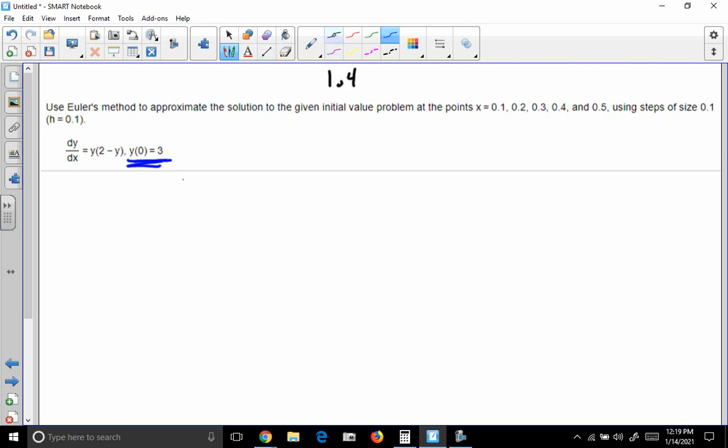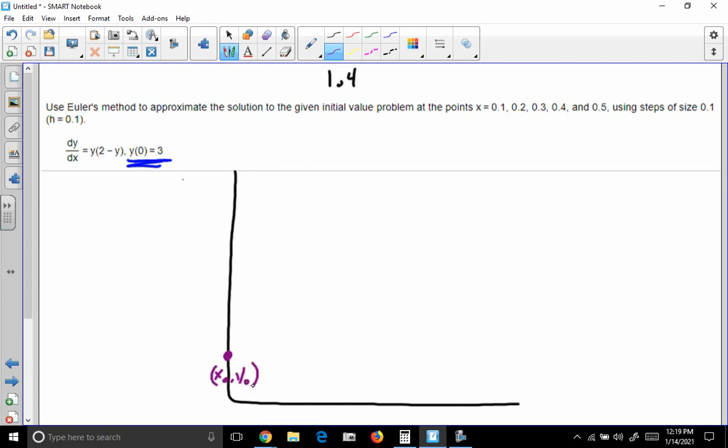So if you haven't already seen the lecture video, let's just look at a generic description of how this works. I'm not going to necessarily use all of these values, but let's suppose that we start out at a particular point. So we have an initial value, I'm going to call that x0, y0. And our differential equation, we're going to do first order Euler's method. So we have the slope. So if we know the slope at that point,